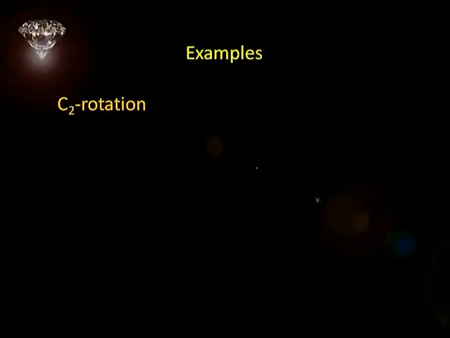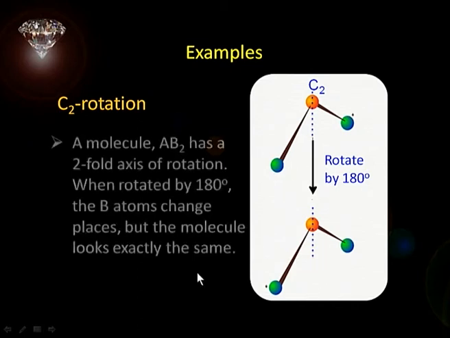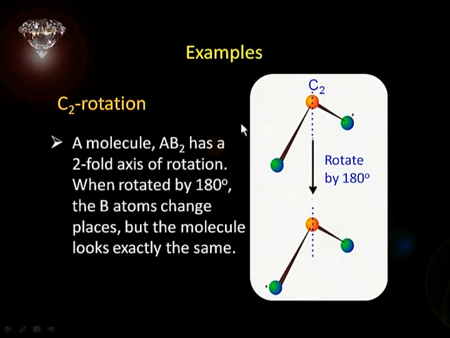Let us take up some examples of n-fold rotation. We begin with C2 rotation. Let me take a molecule of AB2. You have an atom A here, and this is a bent molecule AB2. If I take this molecule and rotate along this axis, the dotted line here, by say 180 degrees, this atom here, which has been marked with a dot just for distinguishing, otherwise the two atoms are identical, now comes to this side when I rotate by 180 degrees, and the molecule is totally indistinguishable from the previous one. So, I say I have performed a C2 rotation, and this axis along which I perform this rotation will be called the C2 axis.